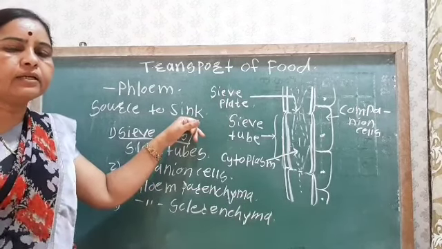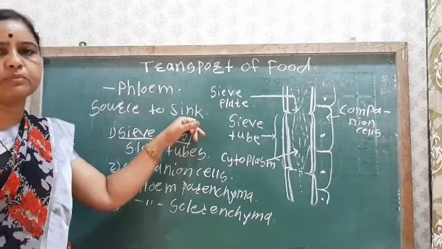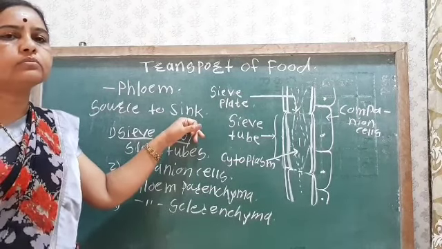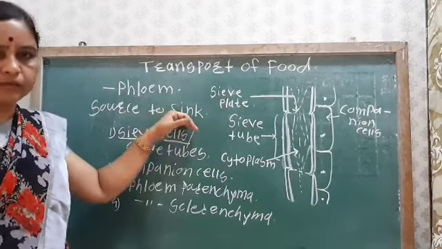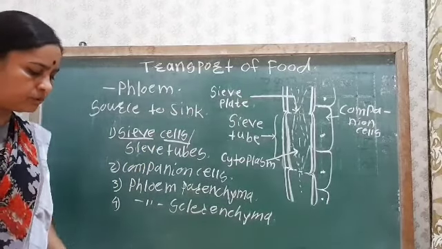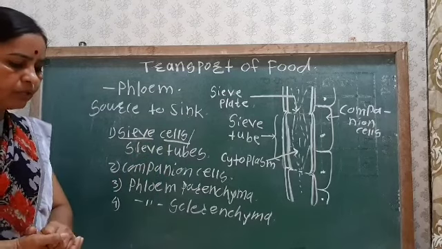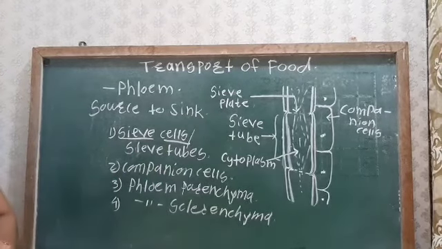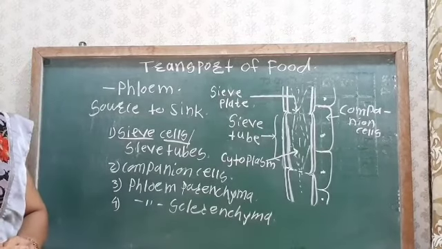It may be the roots, or the buds, or the flowers, or the fruit. So here the food material is used, and this is the sink region. See, that is how the translocation of the food takes place. The translocation or movement of the food mainly takes place due to the turgor pressure gradient. So how is the turgor pressure developed?